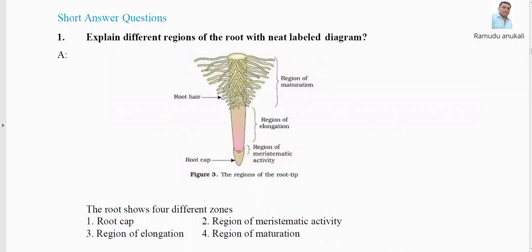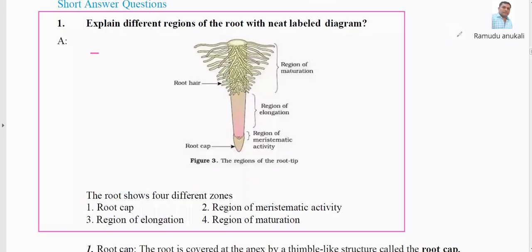When you take the root part, we can see four important regions. Upward it is the stem, but in the root part, from the soil to the deeper layers, at the terminal part, the region is called root cap. After the root cap, the second part is called